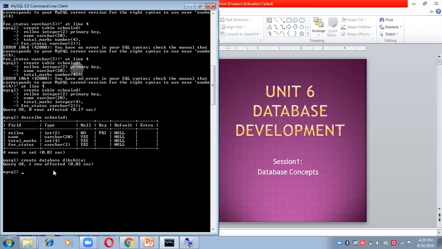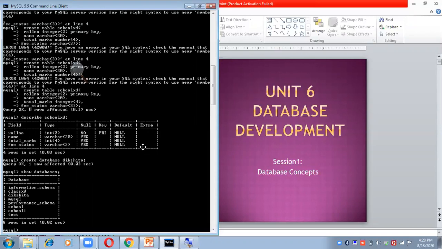Now I wanted to check whether it is created or not. So I'll write the command show databases. Enter. These are the list of databases which I have in my system, and now Dikshita is also part